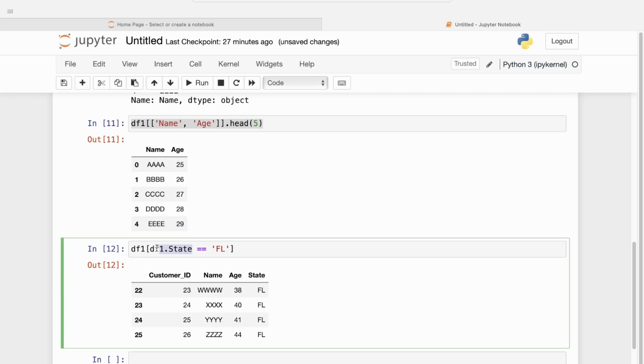Within that, I'm referencing this variable, which is df1.state. So I'm again calling out this particular data frame, which is df1. And within df1, I'm asking the system that get me all the entries for state. And then I'm asking the prompt that I would like to take a look at the entries, which is only for Florida. That's why you have a state code of FL. This could be one of the simplest example on how you can go ahead and put a filter in your